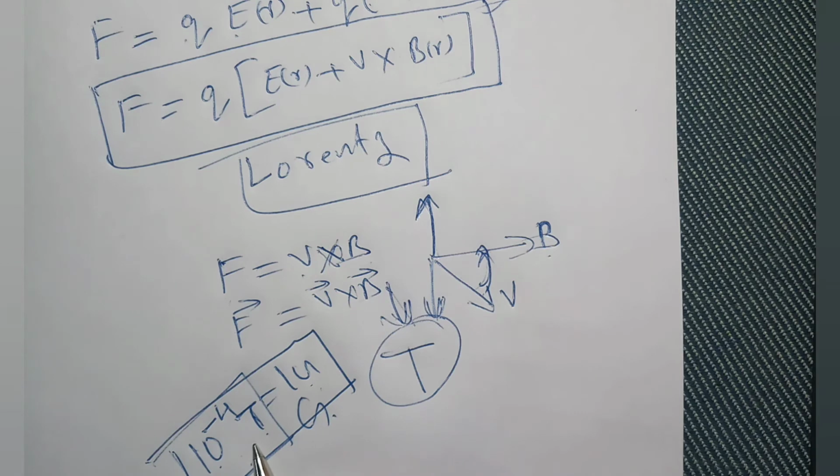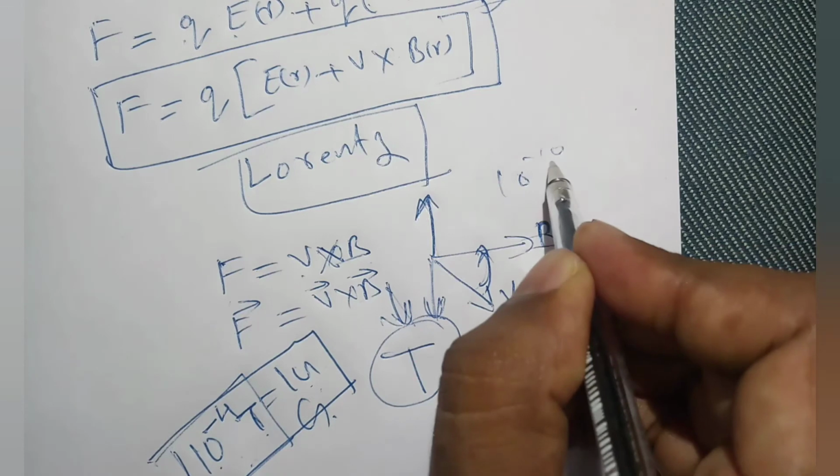Now, if you take your textbook, you can see the magnitude of the magnetic field at different points in terms of Tesla. On the surface of a neutron star, the highest magnetic field will be there, that is 10 to the power 8 Tesla. In a laboratory, the big magnets which we can use will be in the range of 1 Tesla. The small magnet is in the range of 1 by 100 of a Tesla, that is 10 to the power minus 2 Tesla. And very, very small magnetic field, that is human nerves in our brain, will be in the range of 10 to the power minus 10 Tesla.